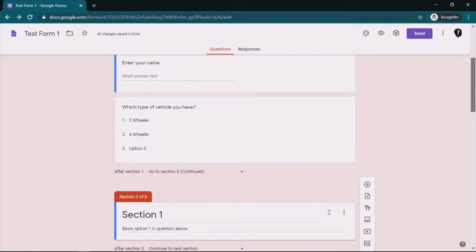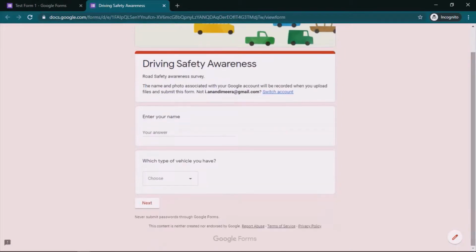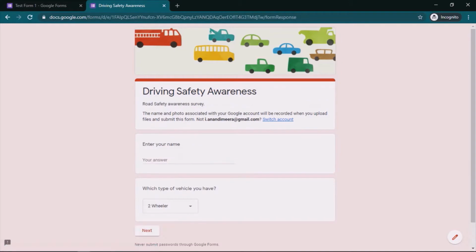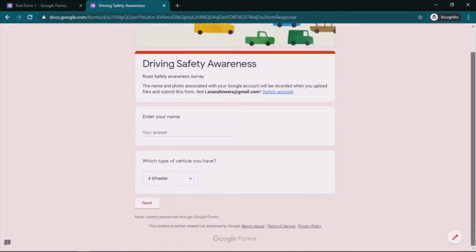Let's see how this works. I'm clicking on the preview button. If I say two-wheeler and click on next, I land in section 1 based on option 1 in the question above. Let me go back and select my second option, which is four-wheeler.